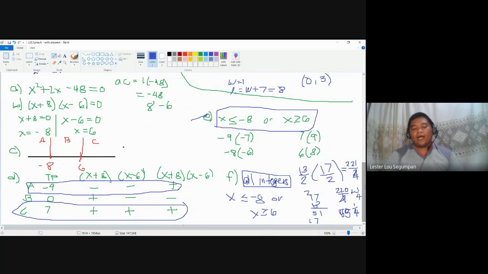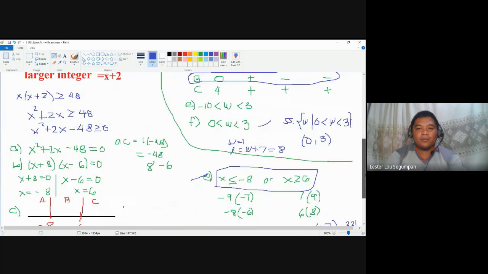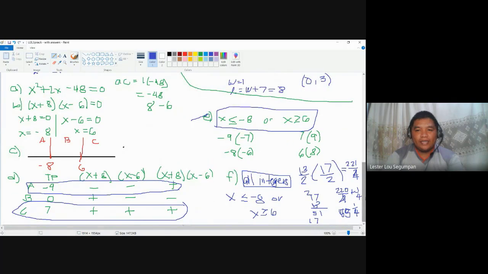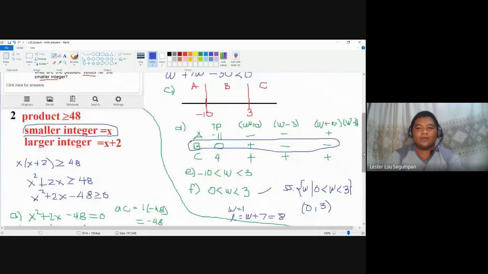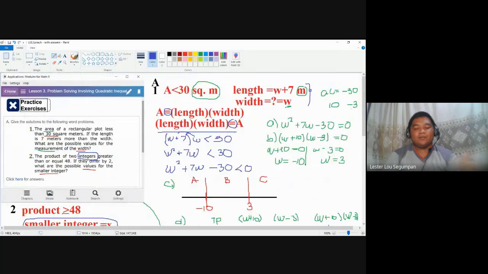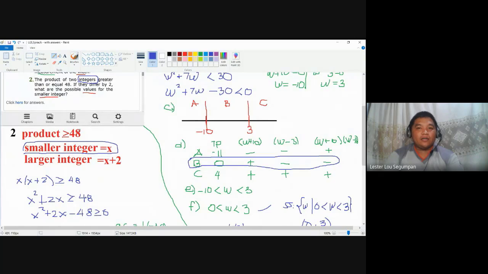Okay. So again, the difference between a problem solving and the abstract form is just an additional situation that will fit the situation of the problem. Earlier, in number 2, we talked about integers, we removed fractions. And earlier, we talked about measurements, we removed negative measurements. Okay, so practice, practice, practice. You may try to refine this by changing the number for an area, changing the situation for the length and width, changing the product of integers, and changing the relationship between smaller and larger integers. Try it on your own.